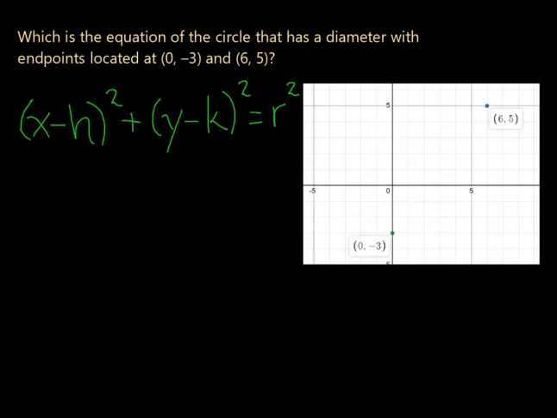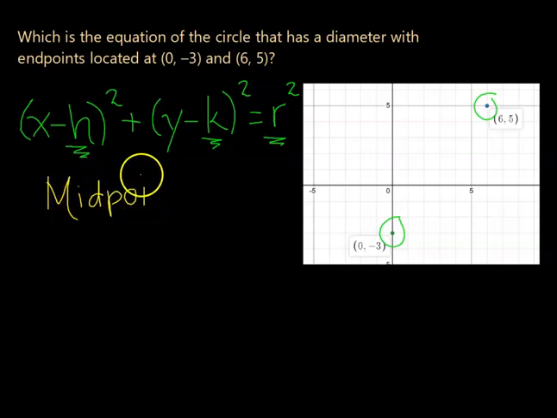So since the center is h and k, I only need to find the values for h, k, and r, because x and y represent any point on the circle. H and k, given the diameter here, would be right in the middle between these 2 points, or what's known as the midpoint. You can either count that given the graph that I plotted the points on, or you could use the midpoint formula. So I'm going to use the midpoint formula